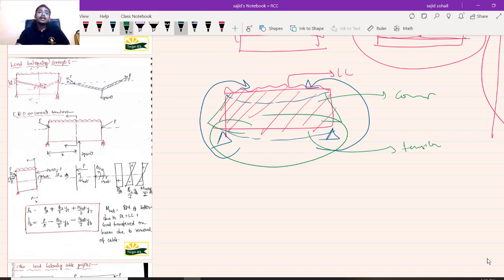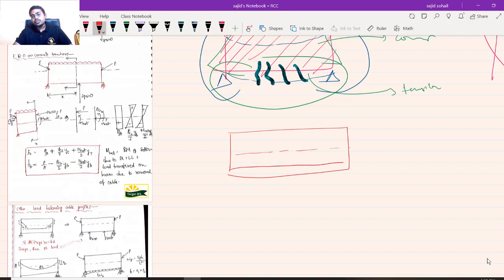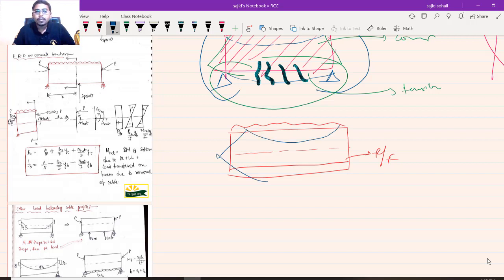Therefore, what will happen? There will be cracks in my concrete and it is going to fail because of the tension. To avoid it, what I used to do? I used to use, in the tension zone below the neutral axis, certain steel bars as reinforcement. Whenever the loading is acting, the top part will be in compression, the bottom part will be in tension, and whatever tensile stresses are generated will be taken by my steel bars and my structure will be safe. That's the concept of reinforced cement concrete.